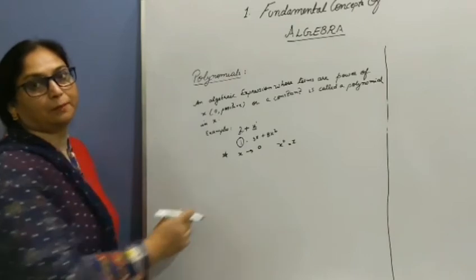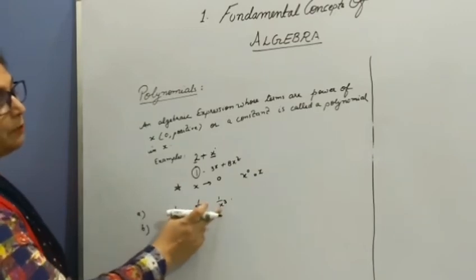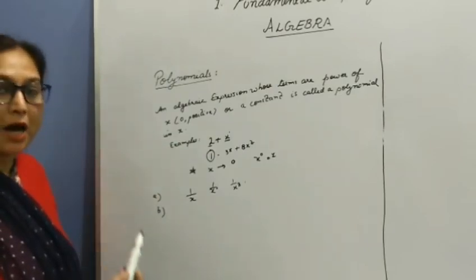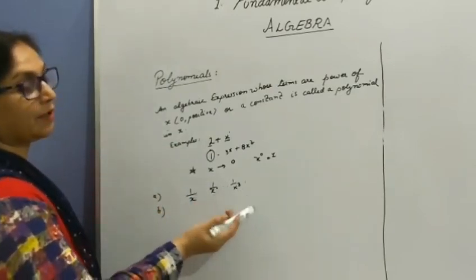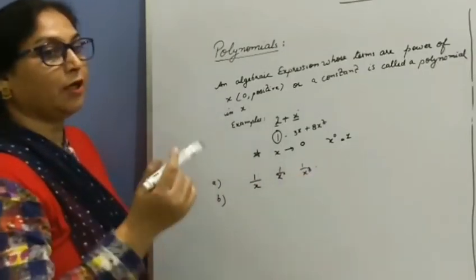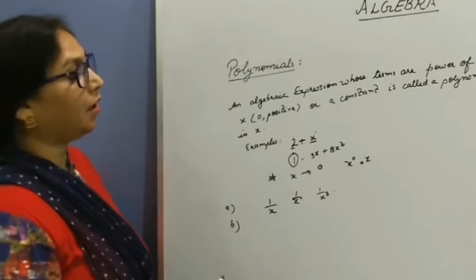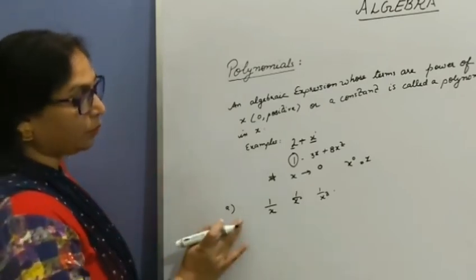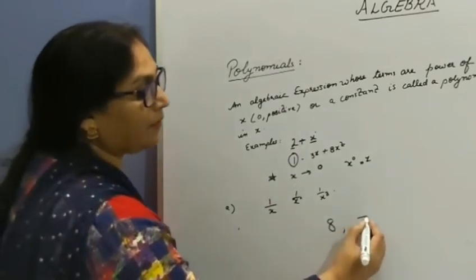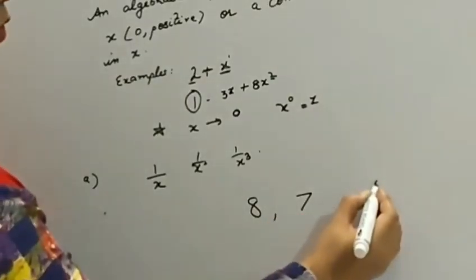I'll explain with the help of an example. Children, the expressions in which the literals lie in denominators, which means they have negative powers of x, are not polynomials. Expressions in which the power of x is positive are polynomials. So when you identify an expression, if the literals lie in denominators, then that expression is not a polynomial. Next, a very important note, as I have already explained: when you have only a constant term, for example 8 or 7, what is the power of x? The power of x is always 0.